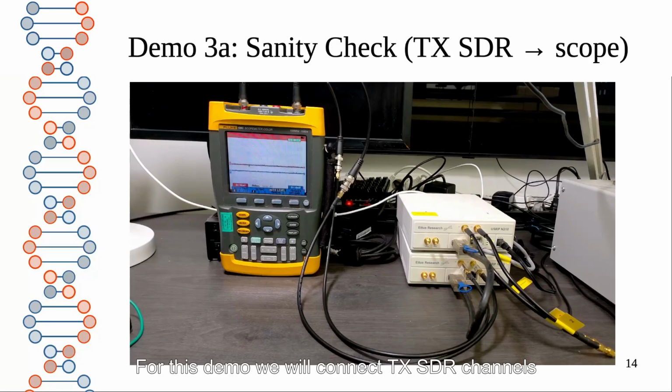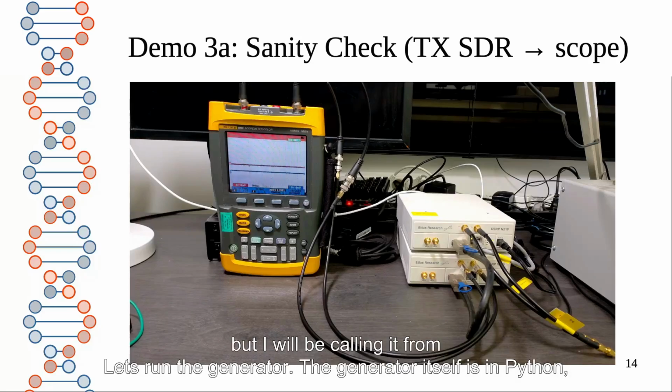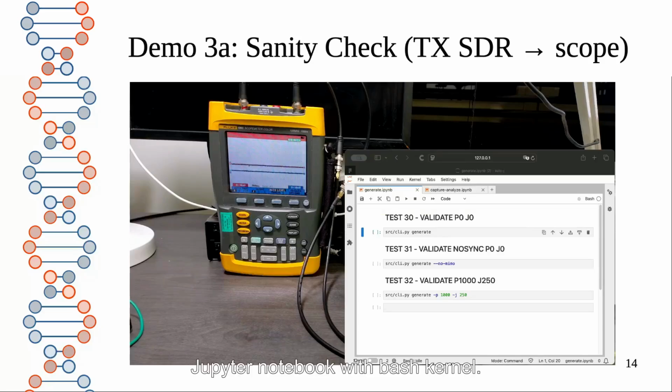For this demo, we will connect transmit SDR channels to the scope and confirm the output makes sense. You can see the bottom SDR unit is plugged straight into the Fluke oscilloscope. Let's run the generator. The generator itself is in Python, but